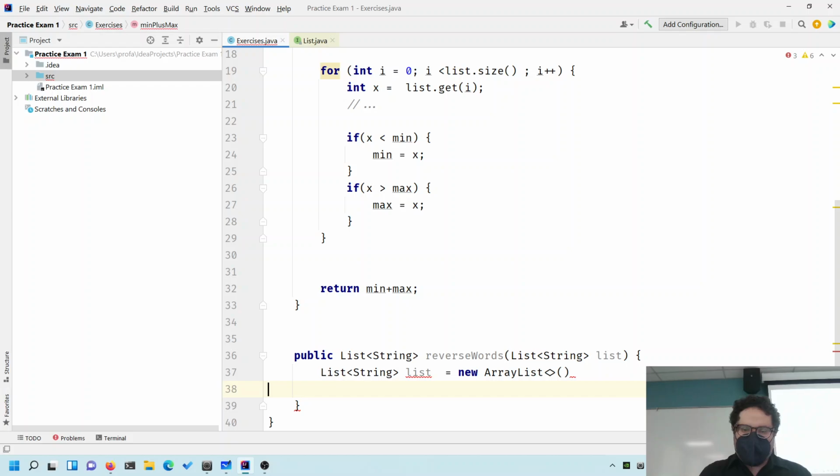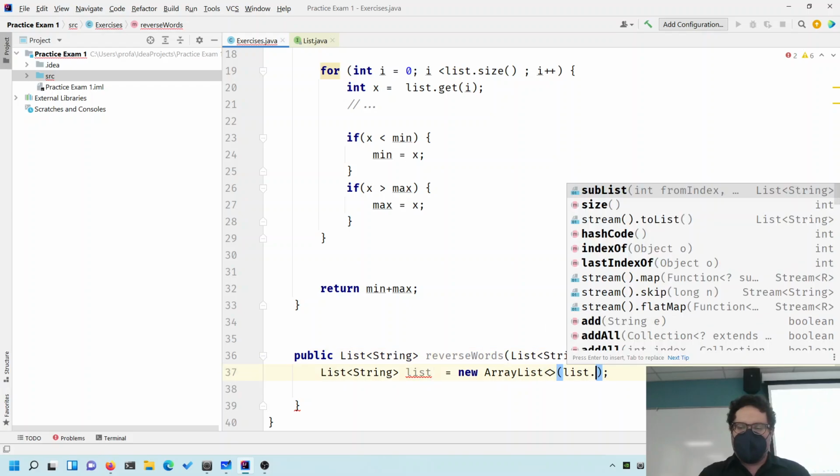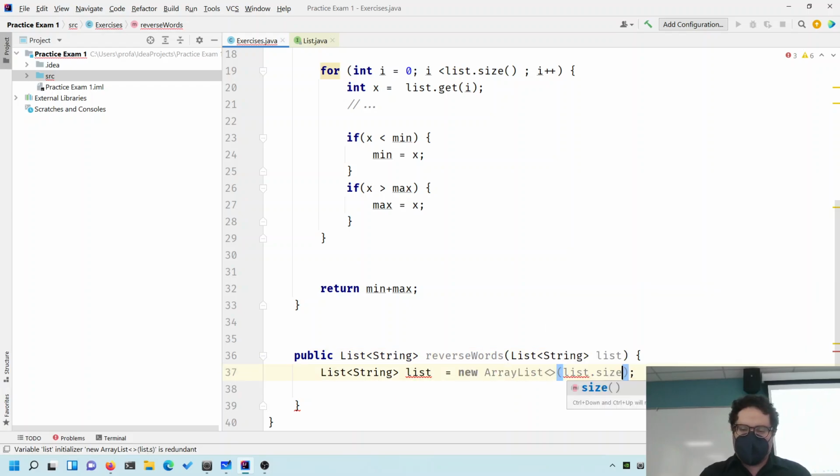And if I really wanted to make sure I didn't have to double the number of operations, by the way, if I was worried about the runtime that would happen because I'd keep having to double an array list, well, I know that the size of my new list is going to be equal to the size of my old list. So if you put in a parameter over here for your array list,